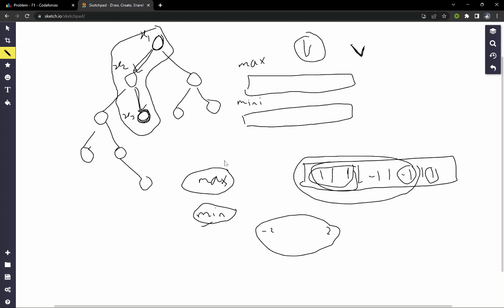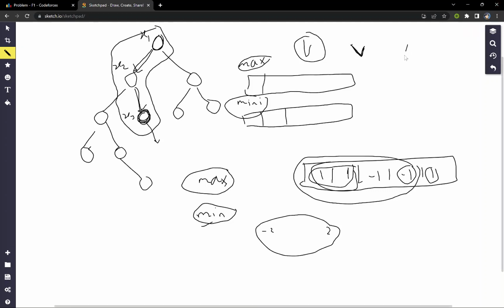Now what will we do? We will store the maximum value from the root node to each particular node in a vector, and store the minimum value from the root node to each particular node in another min vector. And in each query, at a particular node we will find what's the maximum value from the root node we are getting and what's the minimum value from the root node we are getting, right?